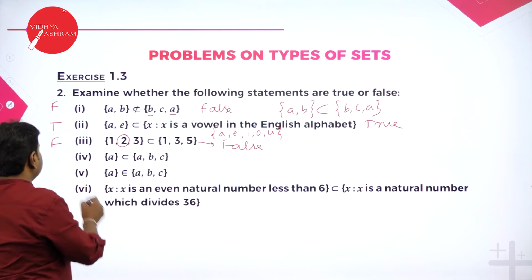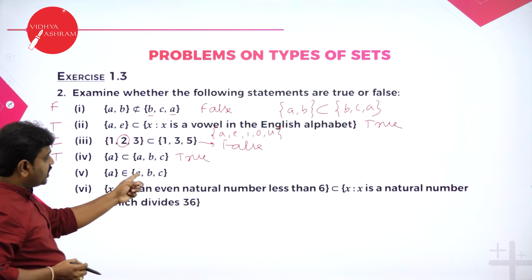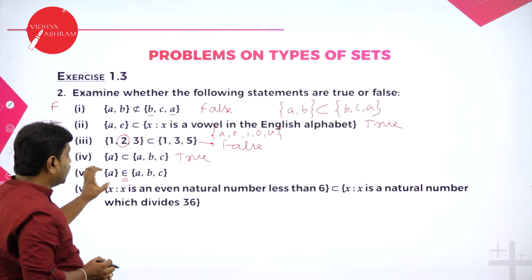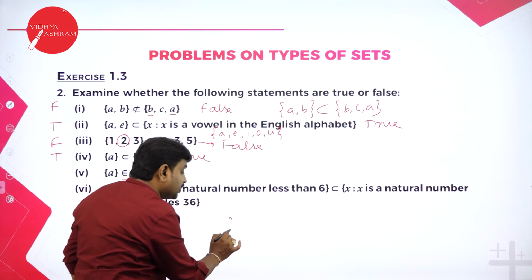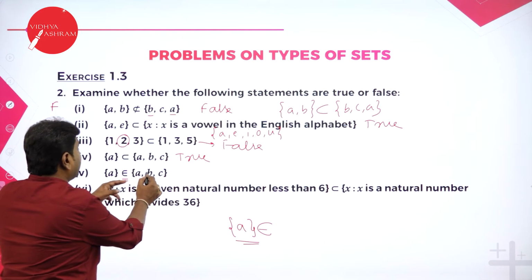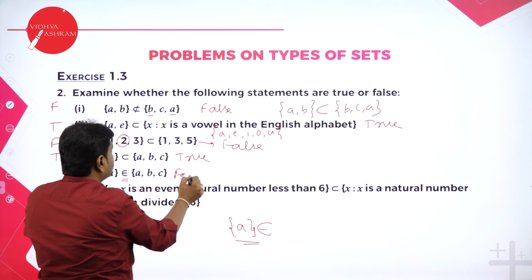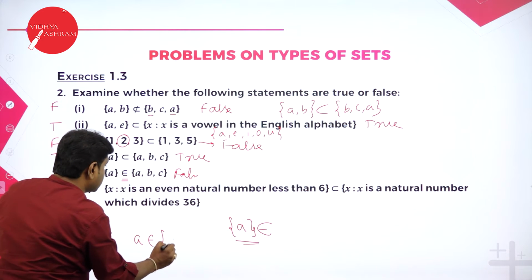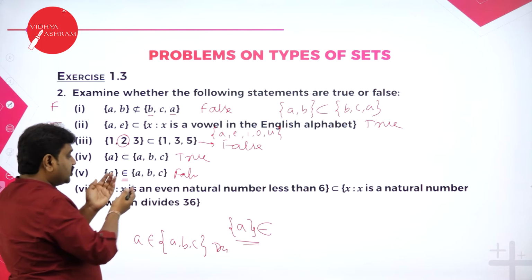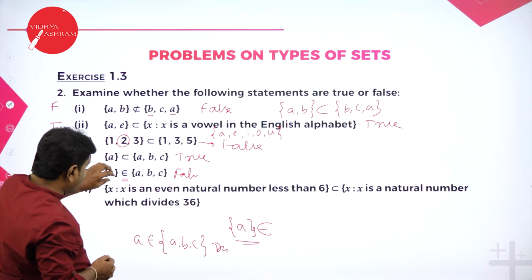Fourth one, A is a subset of A, B, C. Yes, it is true. Fourth one is true. Fifth one, A belongs to A, B, C. Please understand, when I write this symbol belongs to, then I should not take a set. This means one element. Now we don't have flower bracket A here. They have written belongs to, they have not written subset. So this is false. If they had just written A belongs to A, B, C, it is true. But they are telling set A belongs to A, B, C. That's why it is false. How to read this? A belongs to A, B, C means this should act as an element in this.